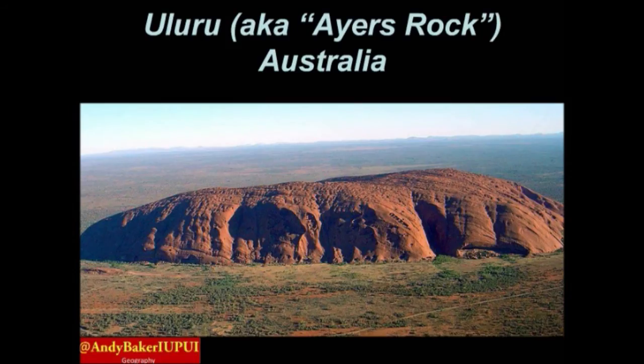Here we see one of the oldest structures on Earth, on our Earth's surface, and that's Uluru, or Ayers Rock. Uluru is in Australia. It's a very key point for Aboriginal culture. I'll let you read up on all of that. But what we have here is a monolith. So essentially this is just this chunk of rock that over time has been able to withstand weathering and